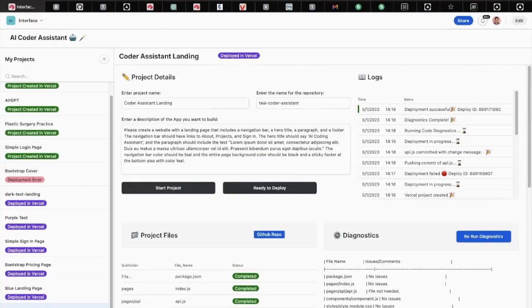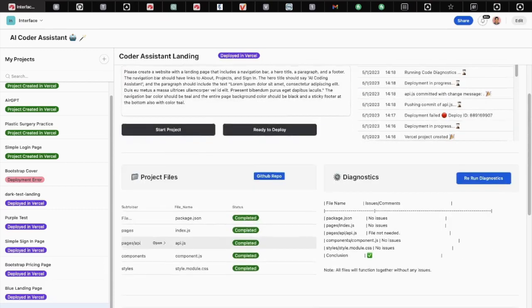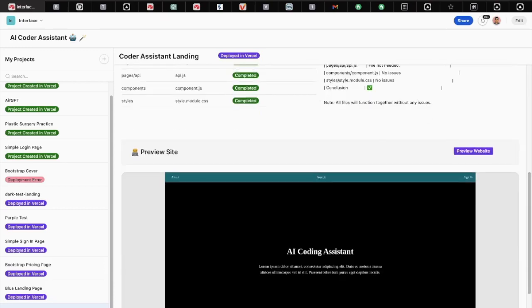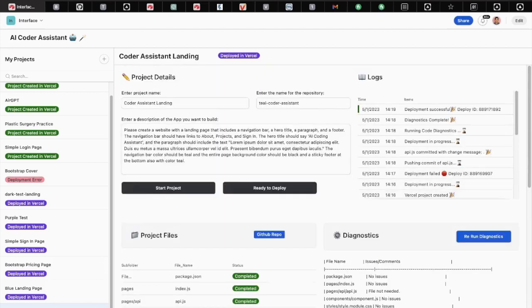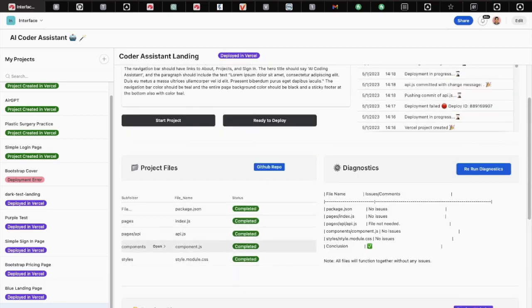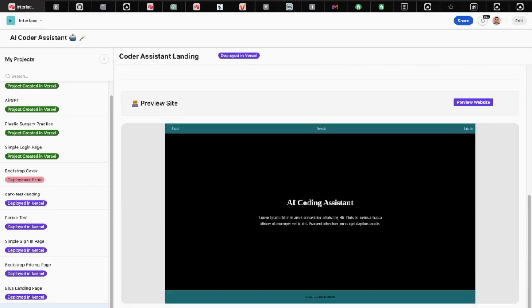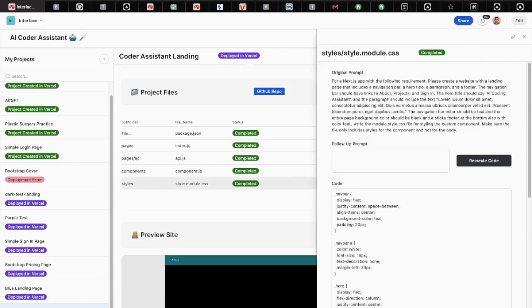So I had asked for navigation with a hero title, paragraph, footer, navigation bar with those links. I don't like where they place the links, but you can actually fix those if you like. So the next thing you can do once you have this is you can go ahead and go to the file you want to update, right? So if I want to update the way this navbar looks, I'm actually going to go to the style, and I'm going to update and just tell it,